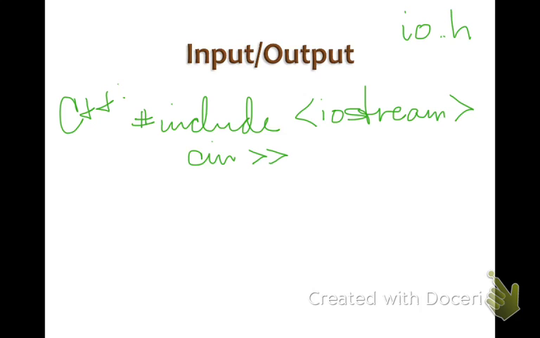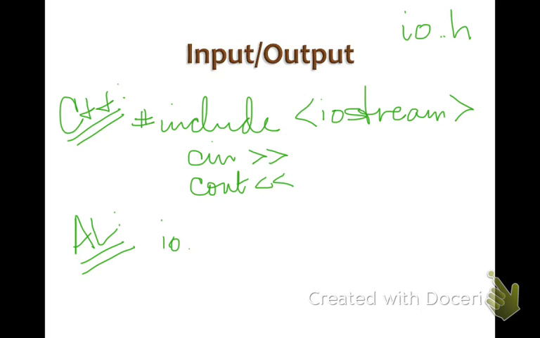All of those are objects defined in iostream. So C++ did it, you didn't even have to think about it. In the same way, when we're doing all assembly language, we're going to have to figure out how to do that. What we have is io.h